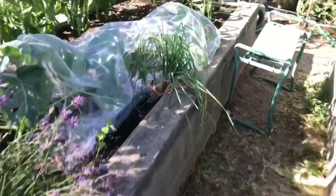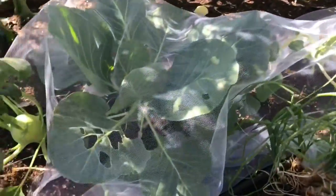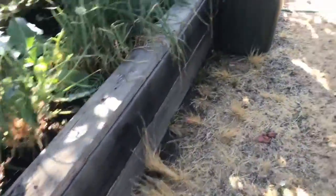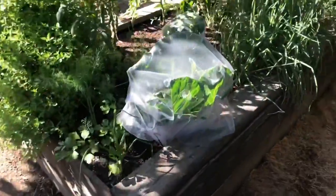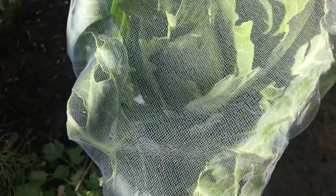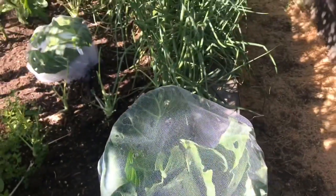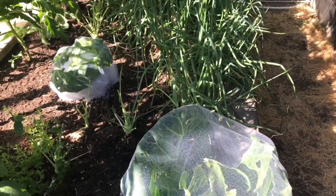I do the same thing with my cabbage plant. See the damage that they did? They can be quite destructive. This was a beautiful cabbage when it was growing wonderfully, and then the white butterfly laid a bunch of eggs, and the caterpillar just went havoc on this cabbage. It was doing great before, but...